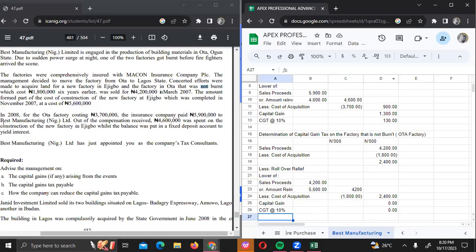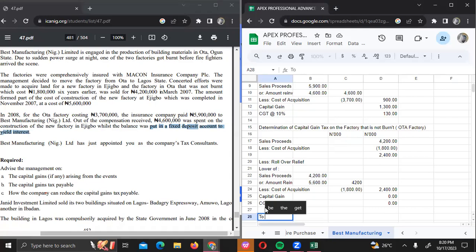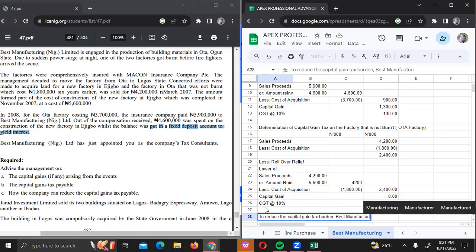Yes. Now, they asked that you should recommend how they can reduce the capital gain tax payable. To reduce the capital gain tax payable, you would otherwise pay 10%. You should advise him that the amount placed on fixed deposit should have been invested in the new factory. So you should have invested either 5.9 or higher than 5.9 in the new factory. Best Manufacturing is advised to invest the whole of 5.9 million,